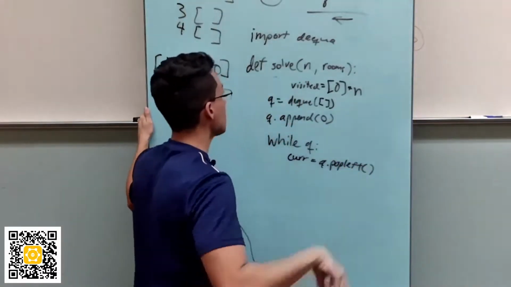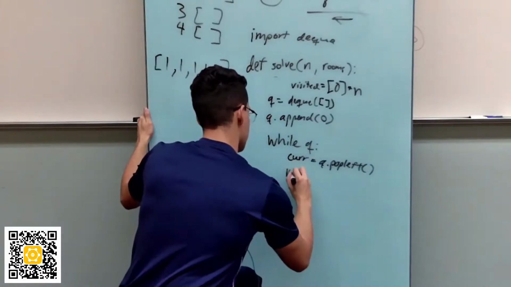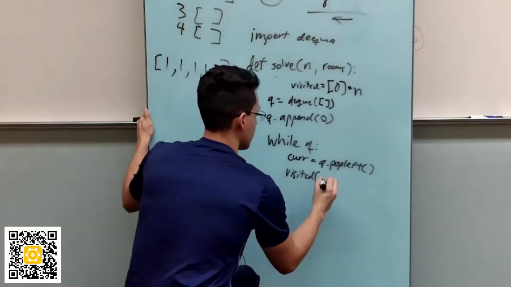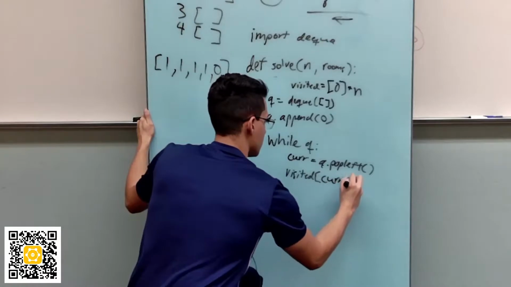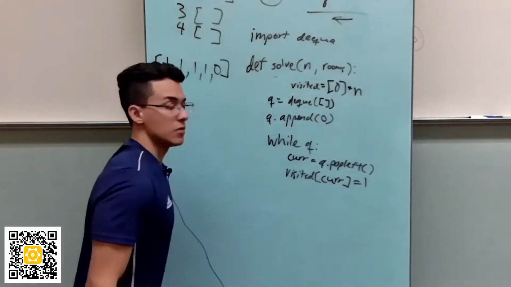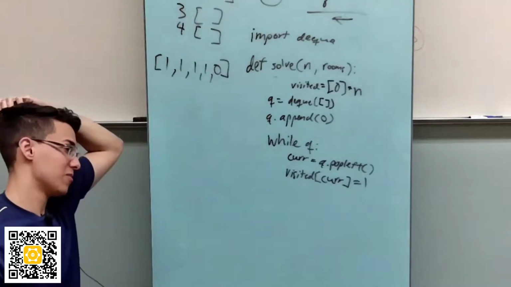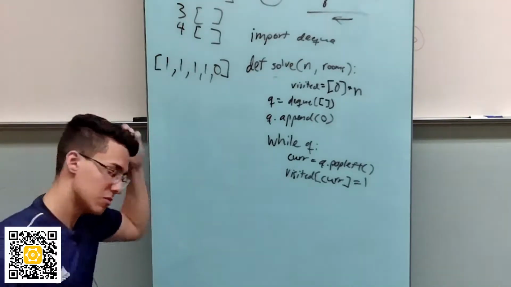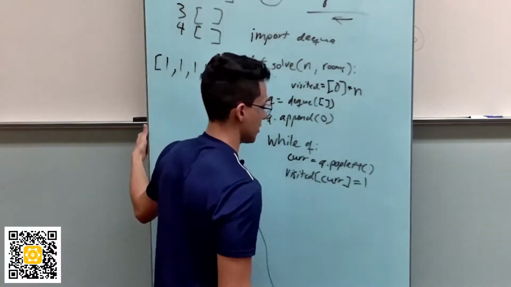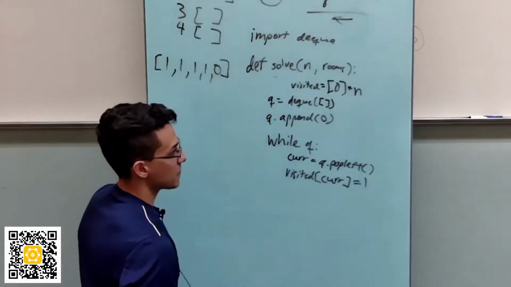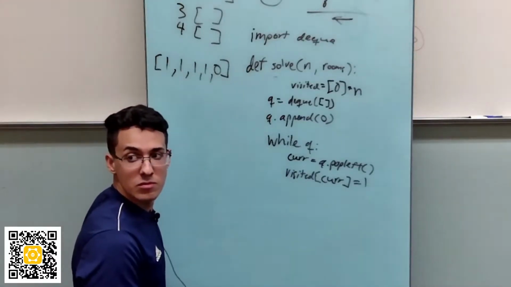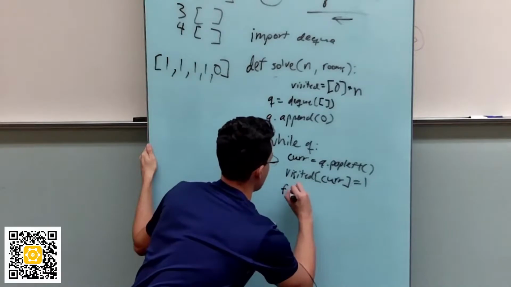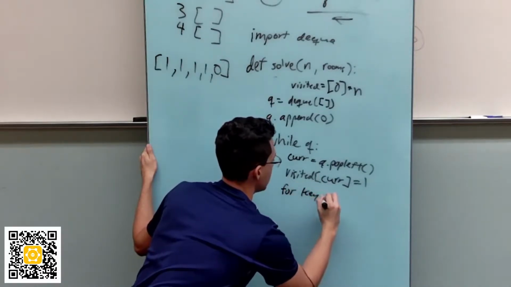Okay. And then I say that visited cur is a number. I mean, we're just putting numbers. Does that make sense? We say it's visited. Okay, then what? Append their child. With what condition? With a for loop? Okay, yeah. You're actually right. For key in